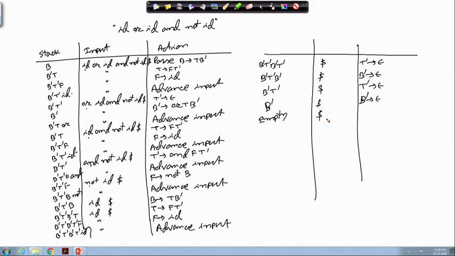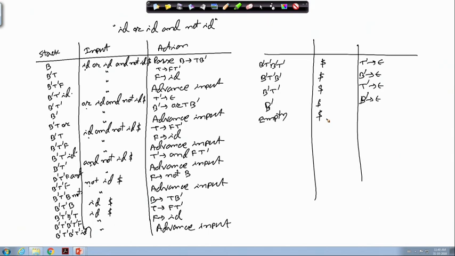So, by using this predictive parsing method, we can construct the corresponding parse tree. So, given a grammar, you can first construct the first and follow sets, and from there you will be able to construct the parsing table, and once the parsing table is made, this parsing process is automated. So, you can check whether a given string belongs to the language or not. You can run this parsing algorithm and find out whether the entire input is consumed, coming to dollar, and the stack is also empty.